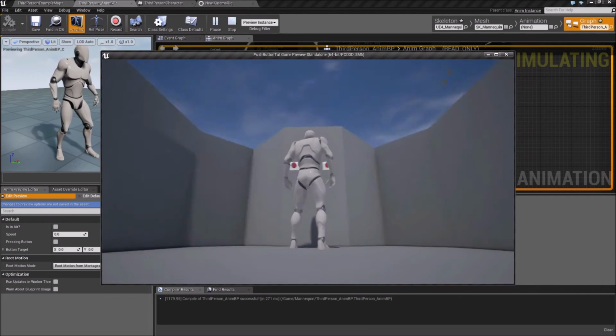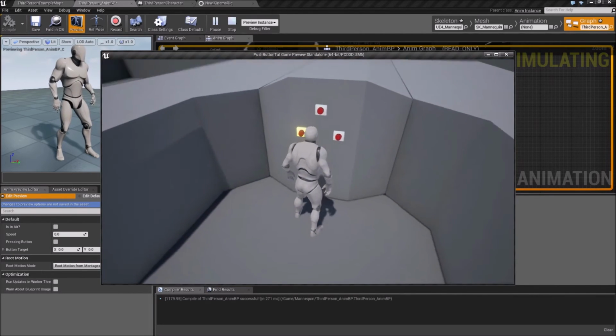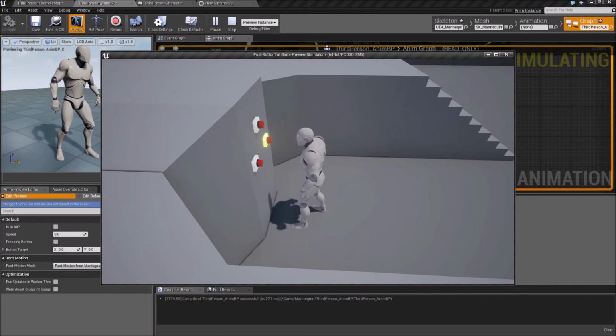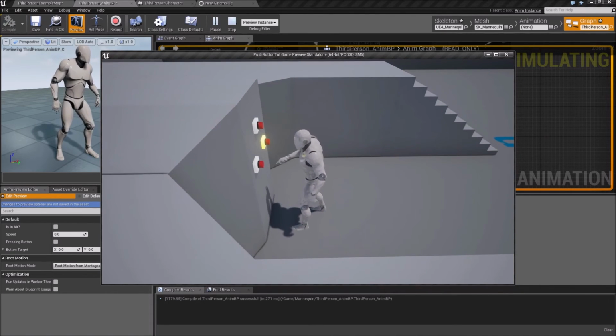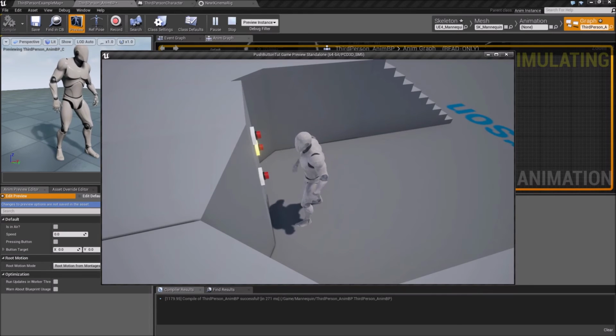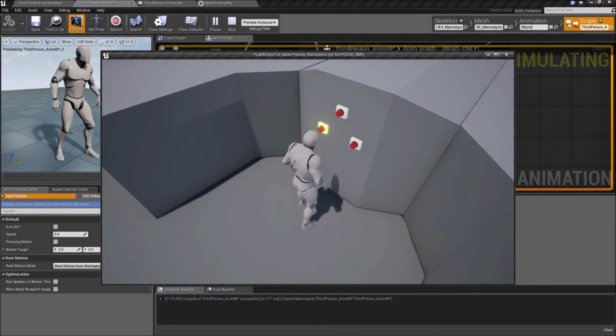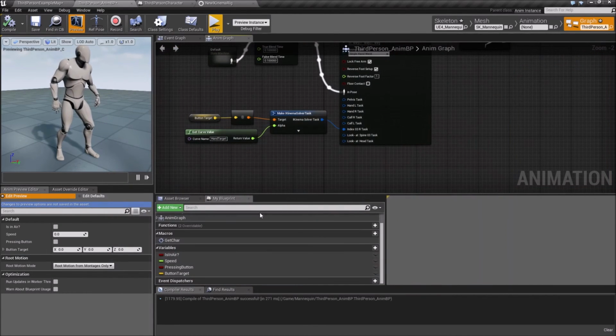So now we can see he's reaching. It's a bit hard to see because the camera is kind of in the way, but you can see he's pushing through the button itself, and that's because the center of the actor is actually inside that little box. So we want to change that behavior,